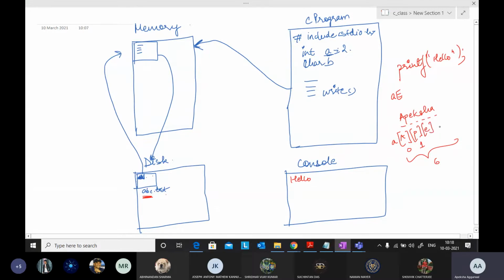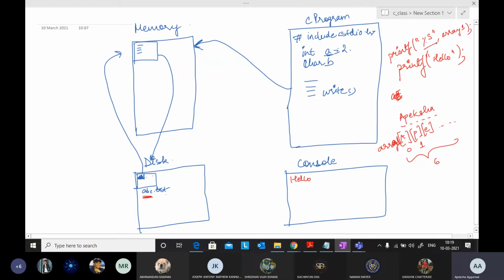I will store this name in the array, and I want to print hello followed by the whole content of this array. I cannot directly use printf with the name, because suppose I want to replace this name by another name. So I want to print a variable. For printing a variable, I will write printf %s, and suppose the array name was array1, so %s, array1, semicolon.